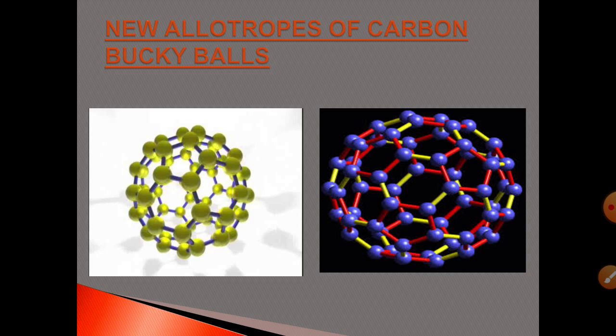The full name of buckyball is Buckminster Fullerene. Scientists named it after an architect who designed a buckyball shaped building. The most common buckyball contains 60 carbon atoms and is sometimes called C60. Other sizes of buckyball range up to those containing more than 100 carbon atoms.